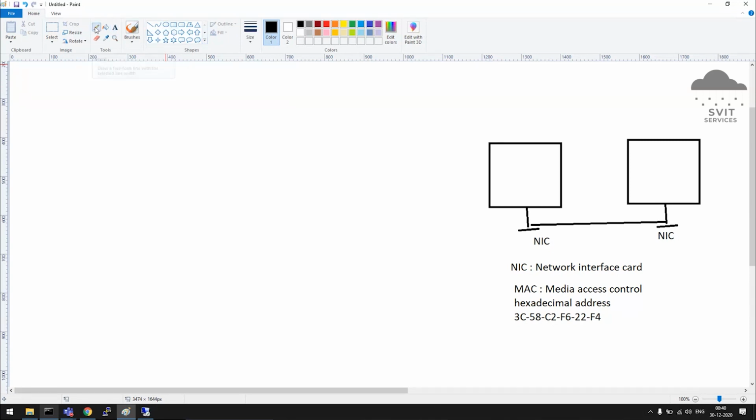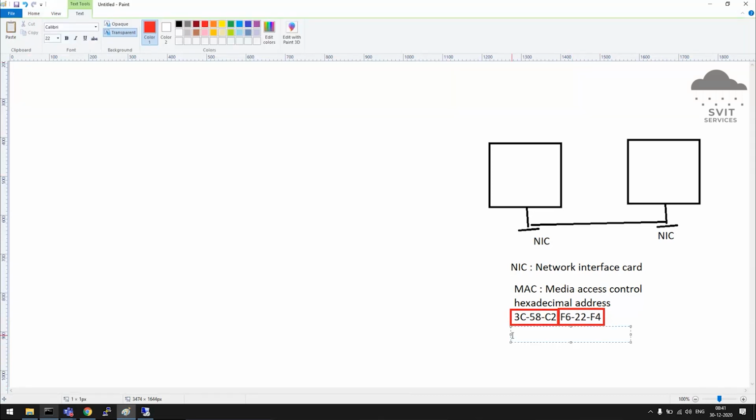The manufacturer will inject this code. This code contains two parts. It will be split like this. They follow IEEE standards. IEEE standards says like this.